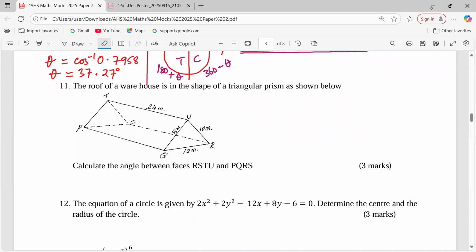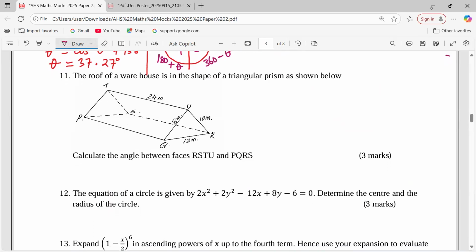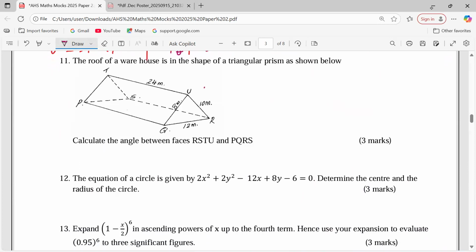The roof of our house is in the shape of the triangular prism shown below. So you can look at this triangular prism, calculate the angle between the faces,